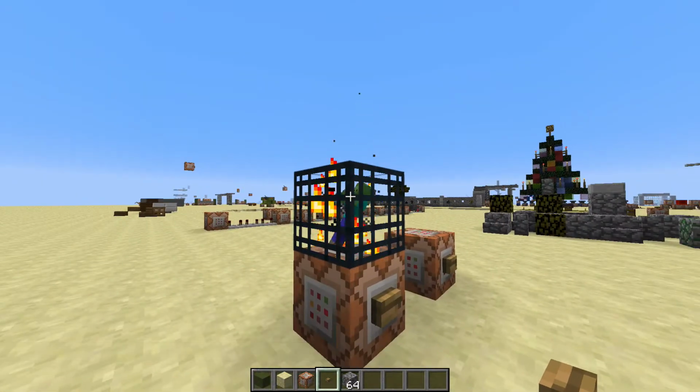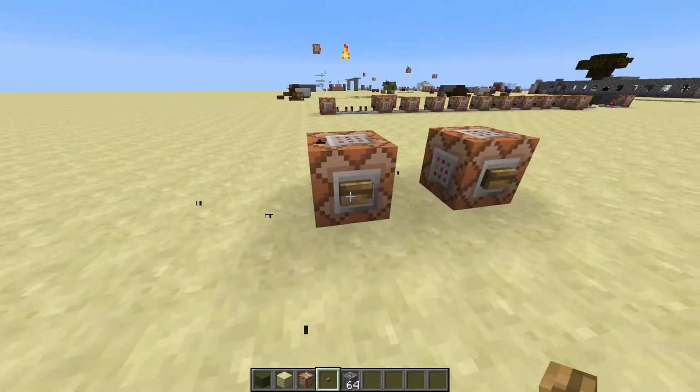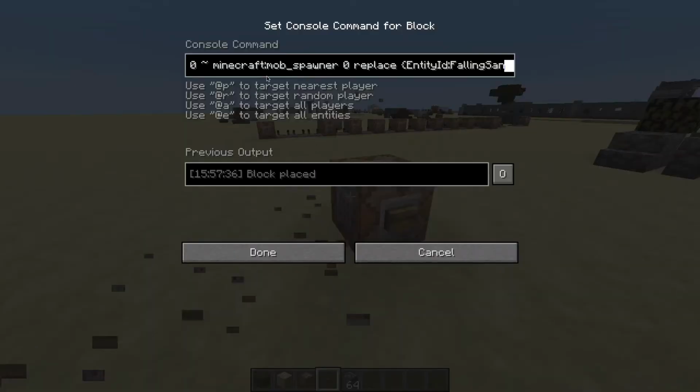But if you have another one like wolves or cows or something that don't need to be in darkness, it will just spawn them. So I use that, and you can actually do this to summon EntityId falling sand. And if you want to then specify a particular block, you then go SpawnData, and then make sure you add a time of at least 1. I just normally put mine to 10 or 100 just because I don't like to risk it. But then you go tile and block. These are 2 tags which need to be the same, and they are the ID of the block that you want it to be. So this command block will summon a monster spawner that spawns falling sand,